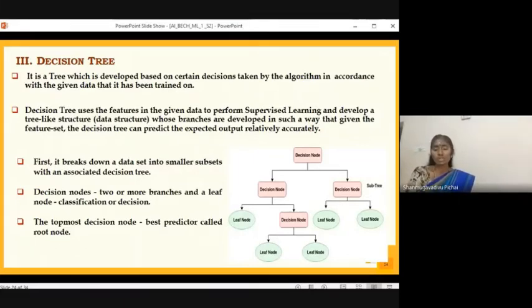According to this decision tree given as an illustration, we have 3 attributes, 3 input variables, 3 independent variables. The output variable can be anything among 1, 2, 3, 4, 5, so we have 5 outputs. By using these 3 independent variables, the model is going to predict any one of the 5 output variables, as we have shown in blue color oval shape. So hope you're able to understand.